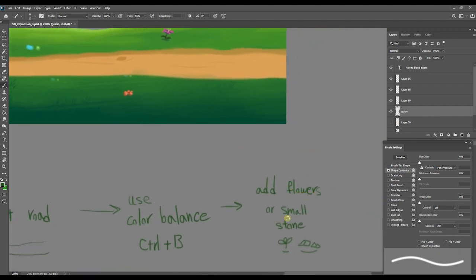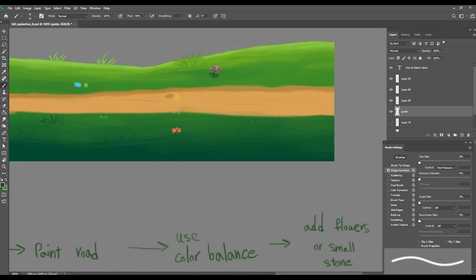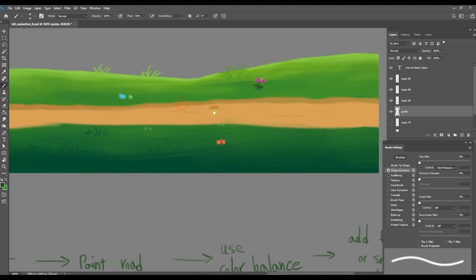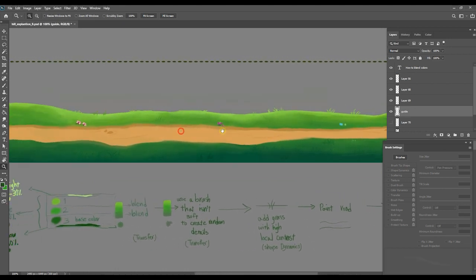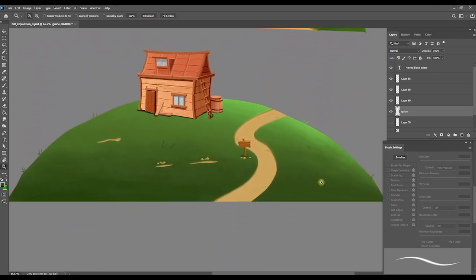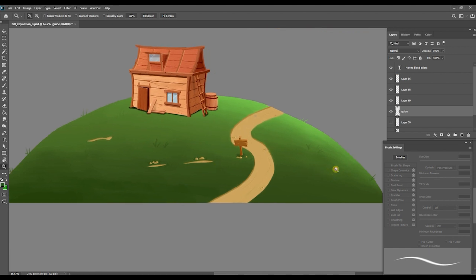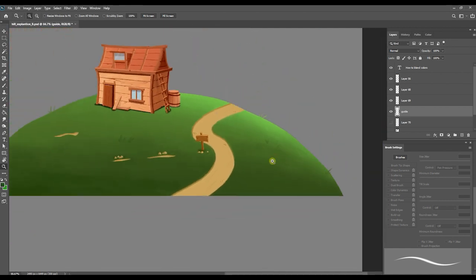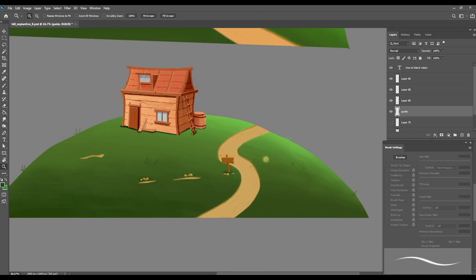Next, add flowers or a small stone to make your painting more interesting, to add life to your painting. Same thing applies here. You start with the base color, you make it lighter in 3 steps, then you blend the layers together. Use a brush that is not soft and create this random blending. Then add grass, color correction if you want, paint road,